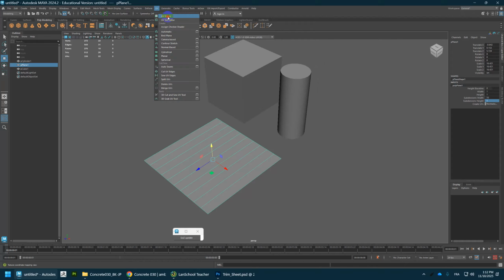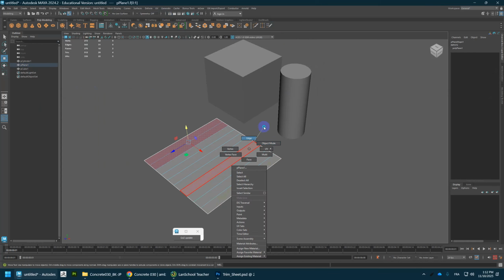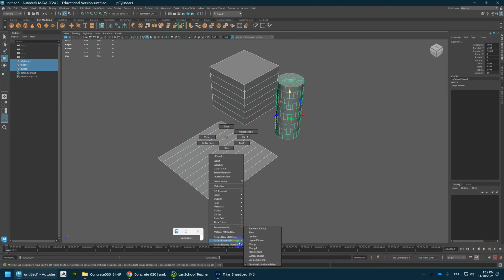So for the UVs, what I recommend doing is eventually we'll take these into chunks and break them off, okay? But first I'll set up the material. I'll apply the same material to all three. So I'm going to basically assign my